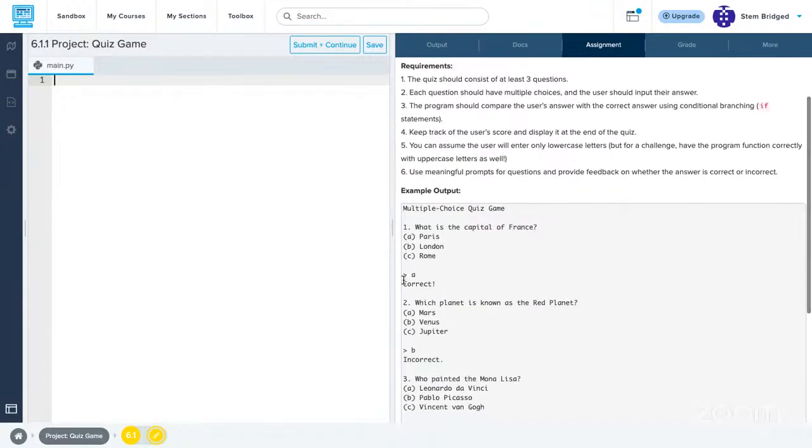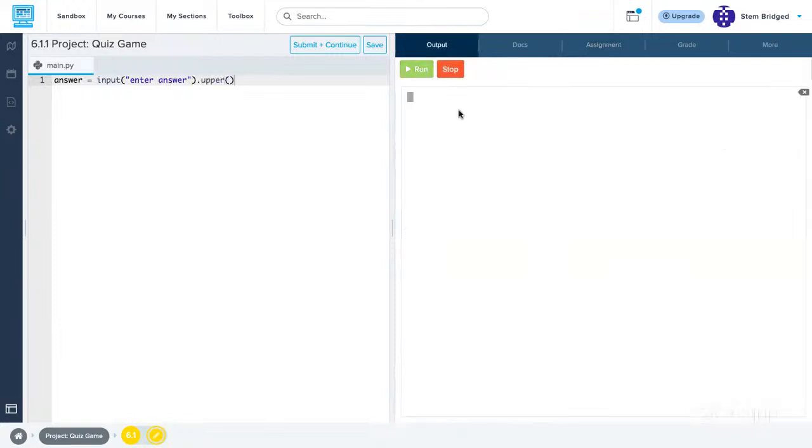Also, this is how you get uppercase or lowercase letters. You can make a string all uppercase or all lowercase. So you can say answer is equal to, and then you could do dot uppercase or dot upper. I believe it's dot upper. And if I run this,